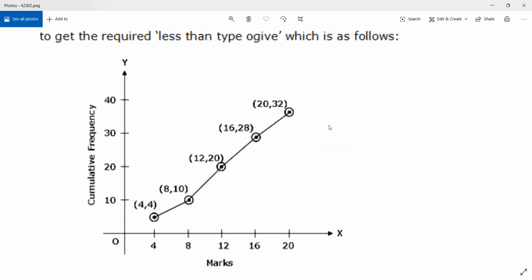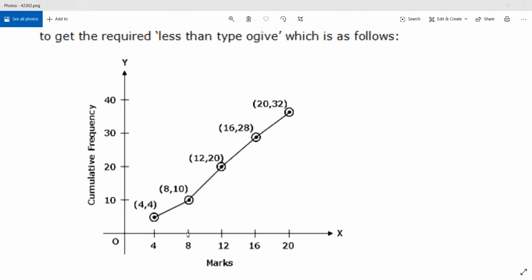It will be a simple line graph, but the thing here is that you can assign, let's suppose, up to marks 4. How many people got up to marks 4? 4 people. How many people got up to marks 8? That is 10 people. So you can take the difference between 4 and 10 and get that between 4 to 8 marks, there are 6 people, or 6 people got in between 4 and 8 marks, or 5 and 8 marks for that matter.